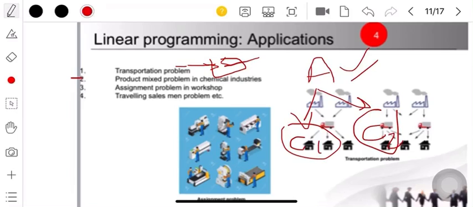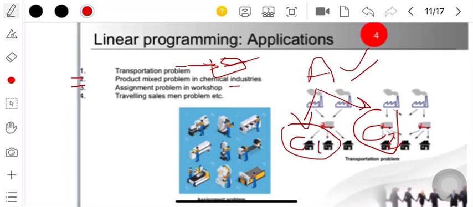You can formulate it, and this is similar to what I have given you in the assignment in the think pair share system, where I asked you to formulate the problem for mustard and wheat crops, right? So this is similar.